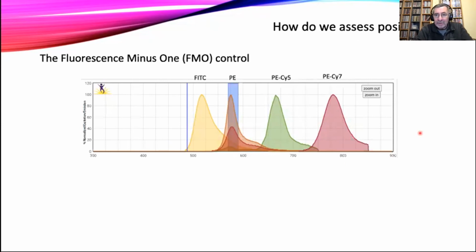And they're great because they help us account for the overlap, and they're very easy to understand. We're looking at photons from a particular fluorochrome that end up in different channels, and then we account for that. The FMO is the inverse of that. We're looking at photons that end up in a particular channel that we're interested in